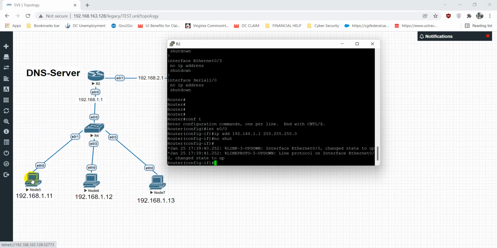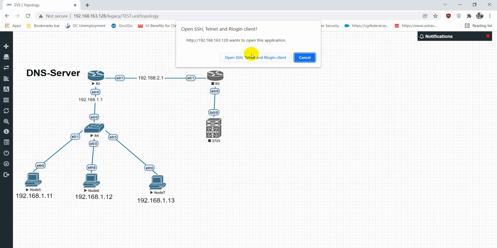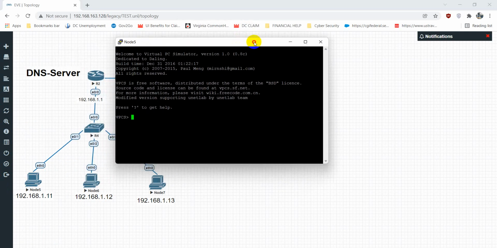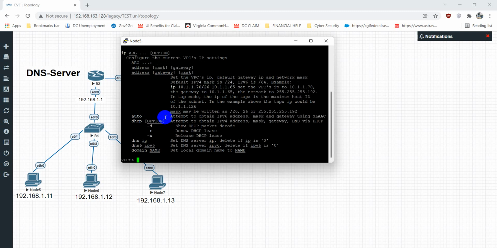And now let's go to the PC. We'll be assigning IP addresses to the PC. These are not Windows PCs, so there are slightly different commands. I'll probably have to make another video on how to configure these PCs. But for now, let's assign the IP addresses. So IP, let me do the question mark. This is the first PC on the left, so the address should be